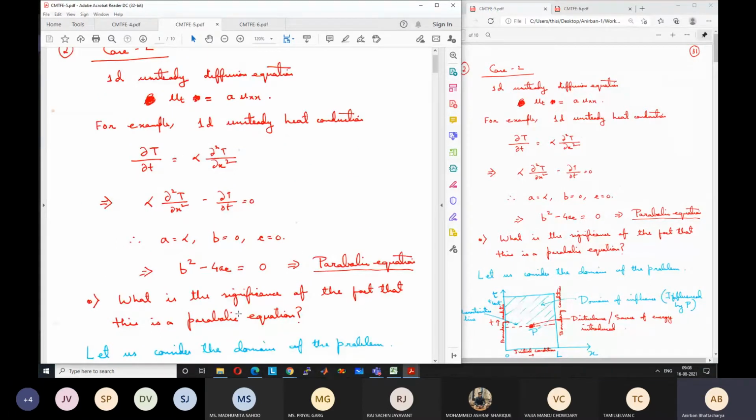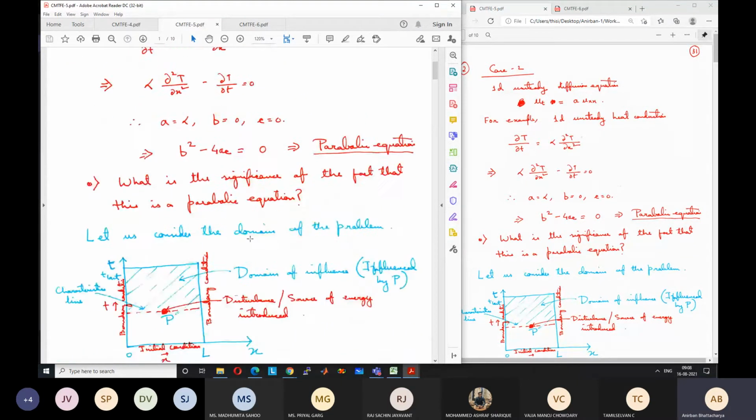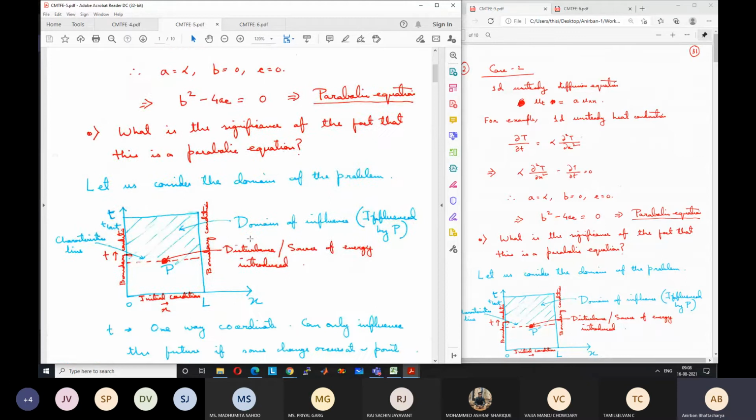Actually, the equation is parabolic in time, but elliptic in space. It is only the behavior that is parabolic in time. So what was the parabolic behavior? We have seen that it is like a one-way coordinate system. Any point can influence all the other points that are ahead of this point, but cannot influence any point which is behind this point, in the time direction.